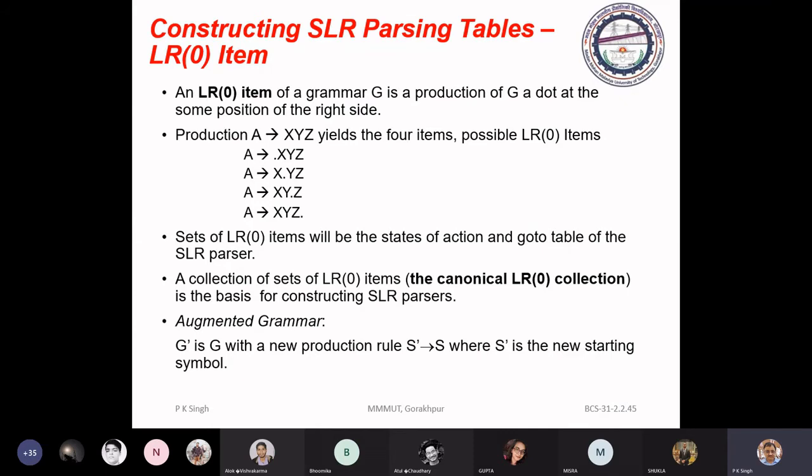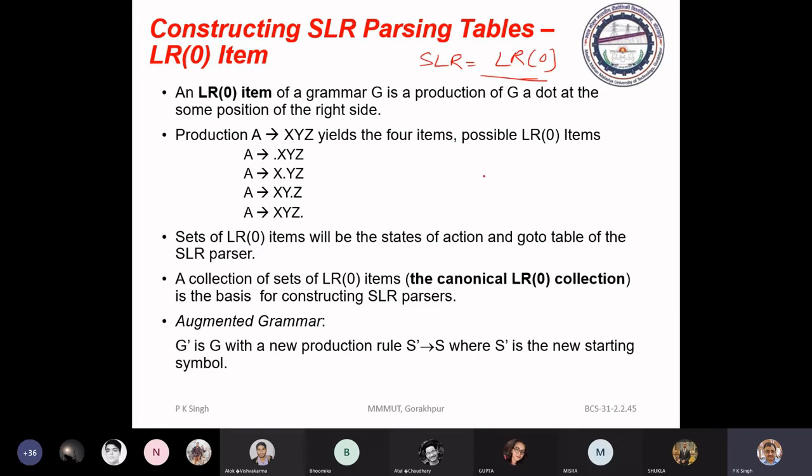Before that, the SLR parser, simple LR parser, is also called the LR0 parser. LR0 means we are not considering any symbol from the input buffer for deciding the parsing action.